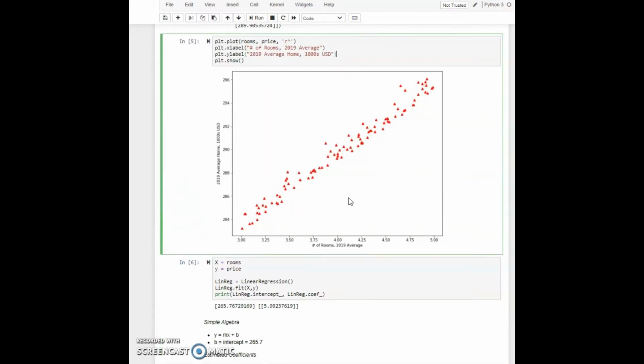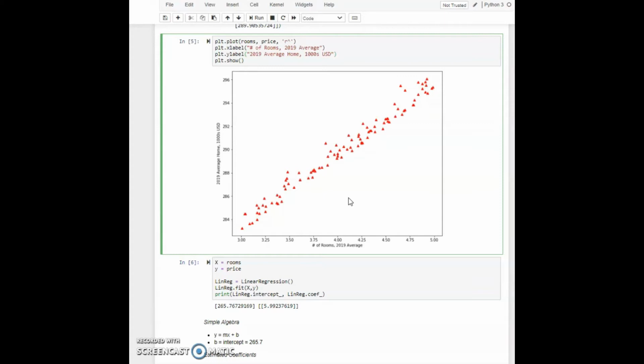Alright, so even though your random numbers are slightly different than mine, you will be able to generate a plot that looks like this. And you can see that there is a linear relationship between the variables and that they are continuous. You can tell that by just looking at how the data points plot out against one another in terms of distribution as well as trend. What this is saying is that as the number of rooms increases, the price of the house increases. That totally makes sense, right?